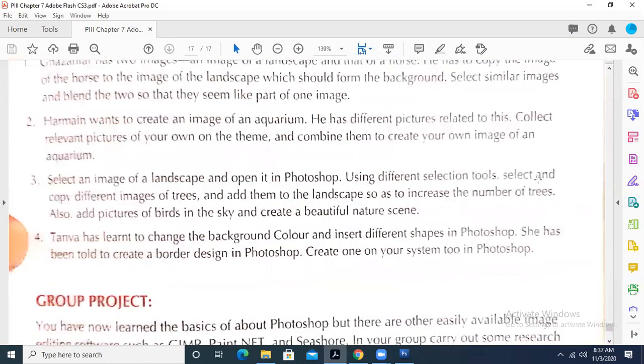Using different selection tools, select and copy different images of trees, and then add them to the landscape image, so as to increase the number of trees. Also add pictures of birds in the sky and create a beautiful nature scene.